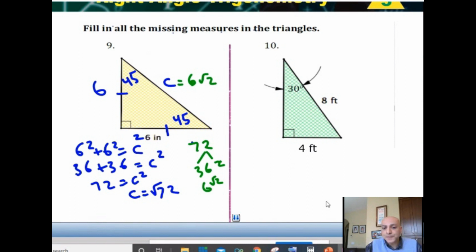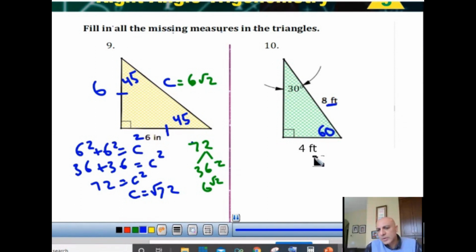Okay. Now the second one here is 8. By the way, you really have to know where you're at. So this is a 30-60 triangle, and this is 8, which is the hypotenuse. This is 4. So again, by the Pythagorean theorem, I have the hypotenuse squared, which is 8 squared, equals, let's